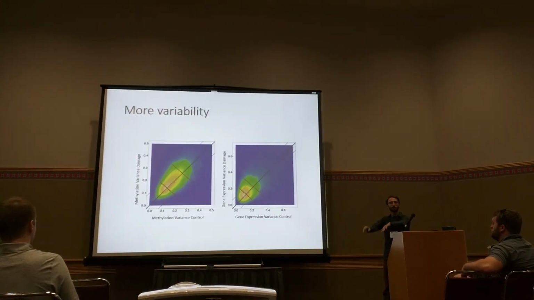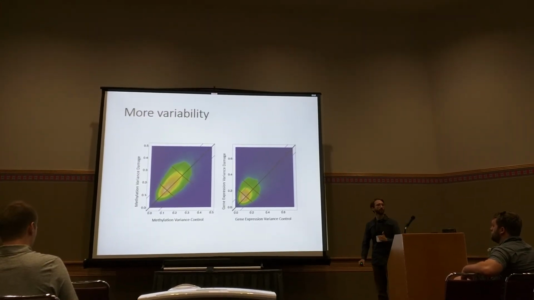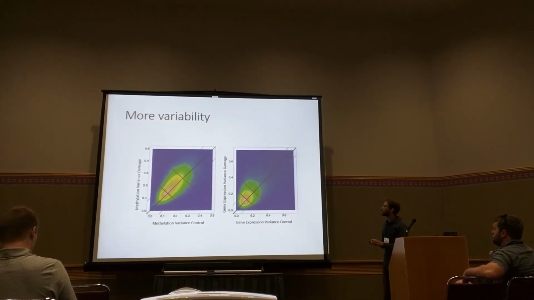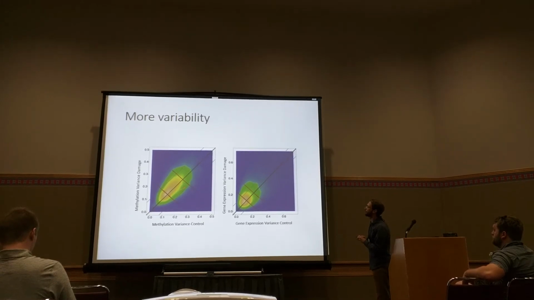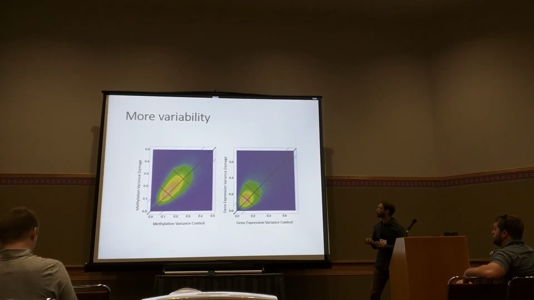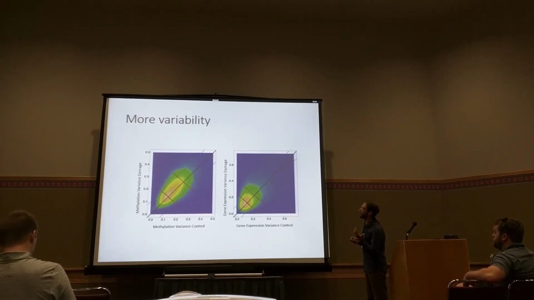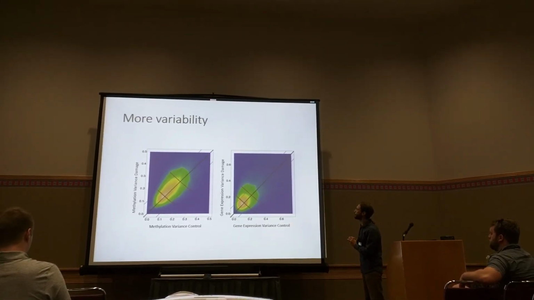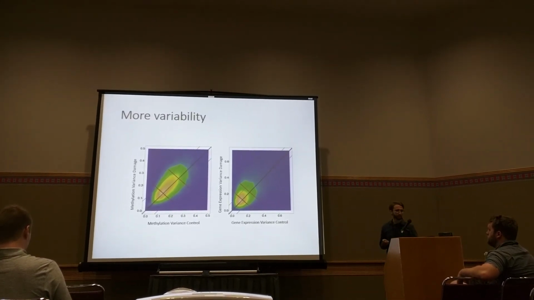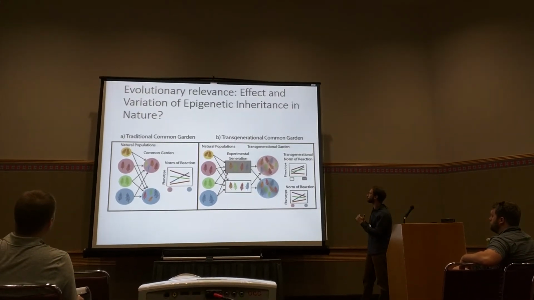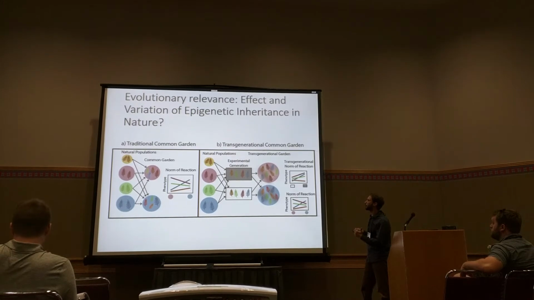Lastly, not only is there this directional differential methylation, there's also an increase in the variability of the methylomes in the offspring of wounded plants. On this one-to-one line right here, we have genes that have equal variance in the offspring of damaged and control individuals. I tried putting these lines in to help me visualize it. What you see is that there's a greater density above this one-to-one line, for both methylation and expression. And so quickly getting into some of the results as far as field common garden stuff, we want to